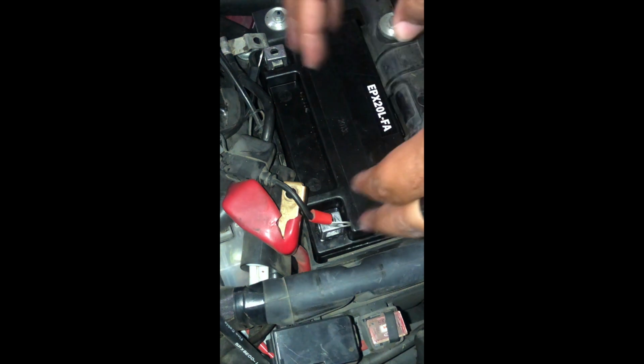Why not? They're free. And now that all the pieces are gone, we're just going to take this little bad boy out. You know, it's kind of got a snug little tight fit, so we're just going to have to jiggle it out a little bit, and we're going to pull it right out of its socket. There we go. So now that the old battery is out, you take the new battery, which will come in,